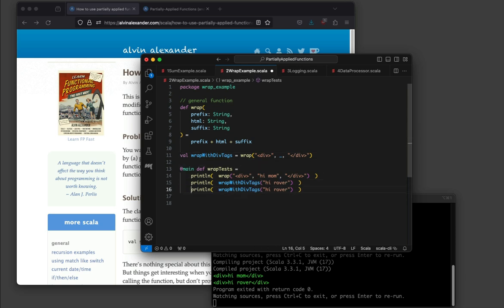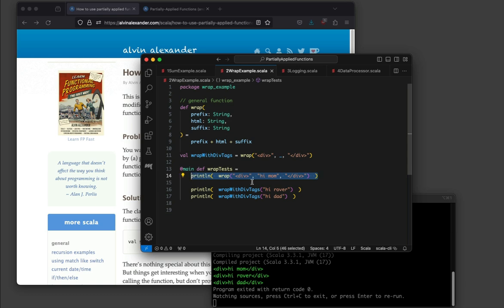And I'll just do one more. So again, I'll go back to hi dad here. So again, a good reason for partially applied functions is we start with something like this. And then you saw that previous code I deleted was starting to get repetitive. I kept typing div something close div something close div. And then I was like, okay, I keep repeating myself. And gosh, wouldn't it be great if there was some way to not have to type this and type this every time? And as it turns out, that's what we do with partially applied functions,